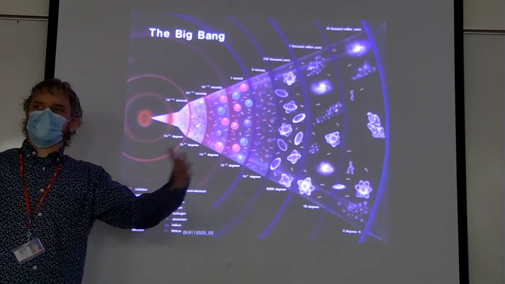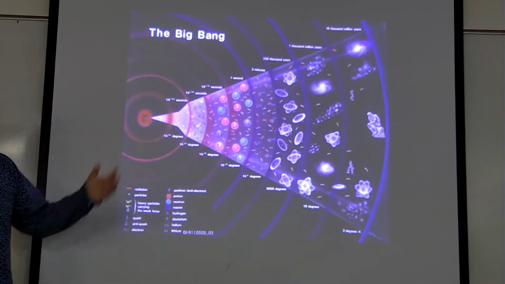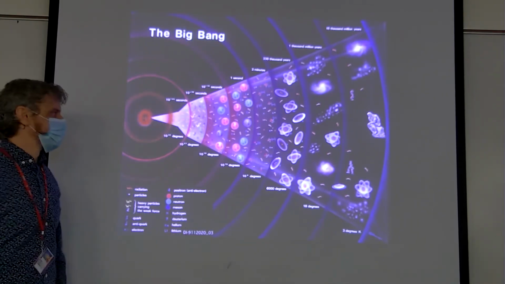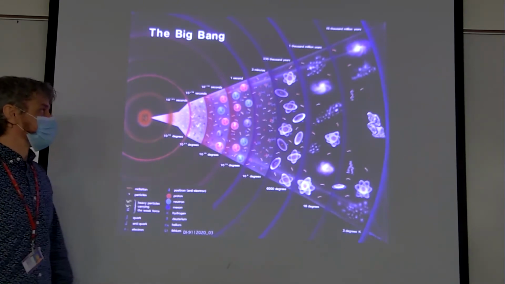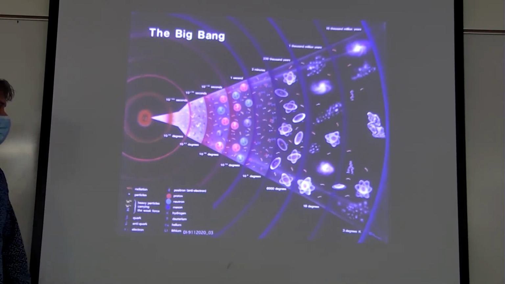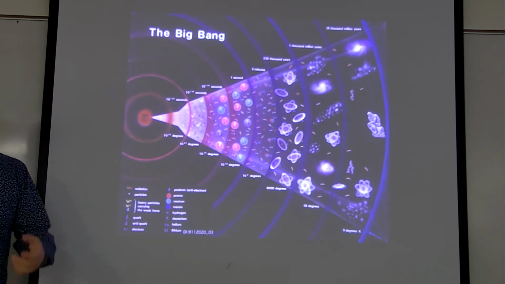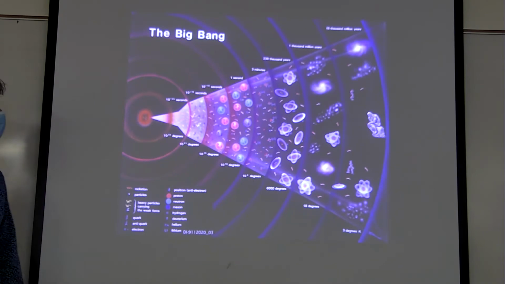But then it starts expanding. The universe has been expanding ever since it was created. And so as it expands, it starts to cool down. So after about 10 to the negative 34th seconds, which is really still a very small amount of time, the temperature drops enough so that you end up having photons moving around. And then you have the gauge bosons, which are the force mediator particles for the weak nuclear force that you might have learned about before.